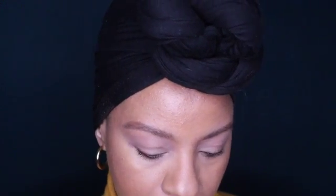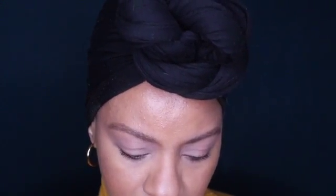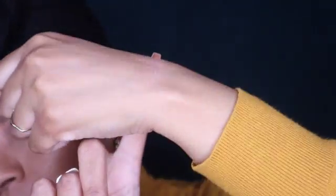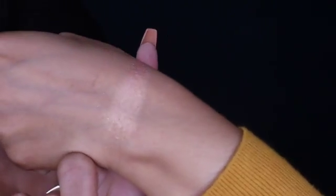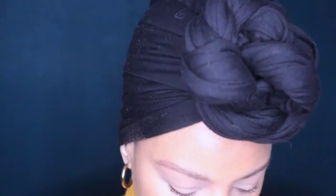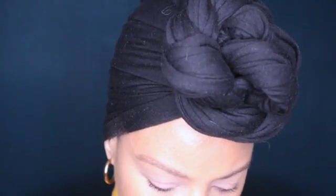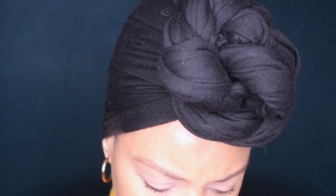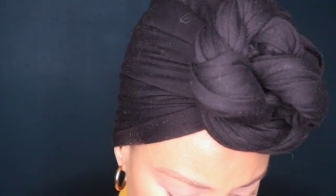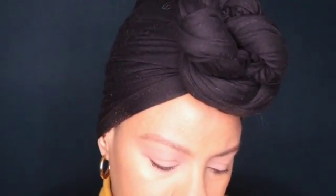So the first shade is, I believe, Golden Aura. So I will swatch that. And this is just a really soft, pretty, neutral champagne tone. Very pretty, but very simple and light. And then the next shade is, I believe, Rose Nocturne. I could be completely wrong on that, the way she has these listed, but it is the burgundy matte